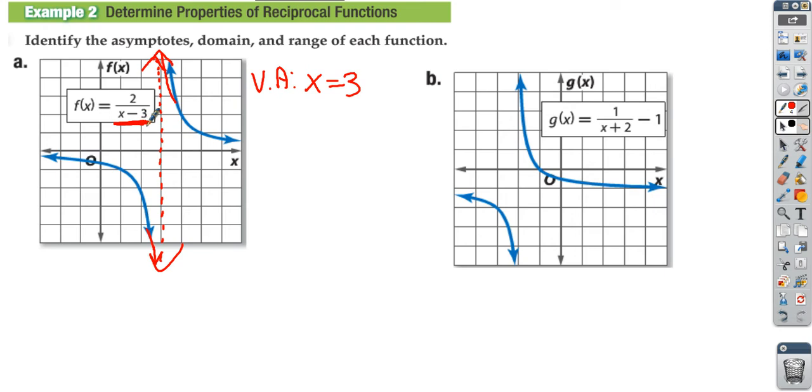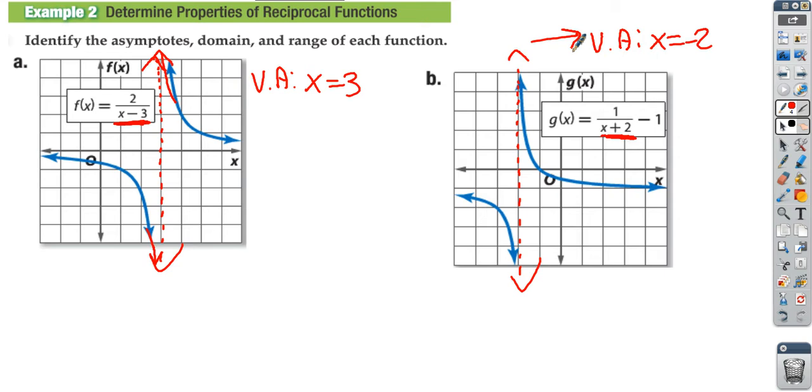Okay, same thing right here. So if you can't tell by looking at the picture, you can just look at this. The vertical asymptote for that one is whatever's going to make that 0. And x equals -2 makes that 0. And you can see from this picture, that vertical line that I just drew in red, that is the line